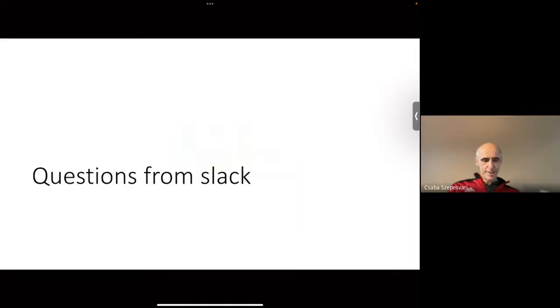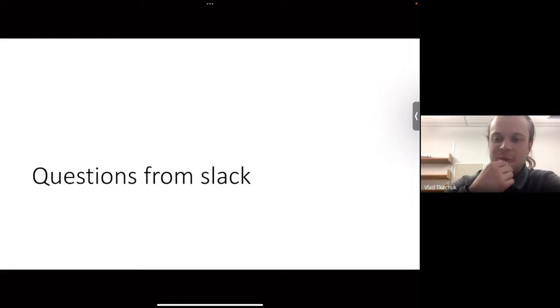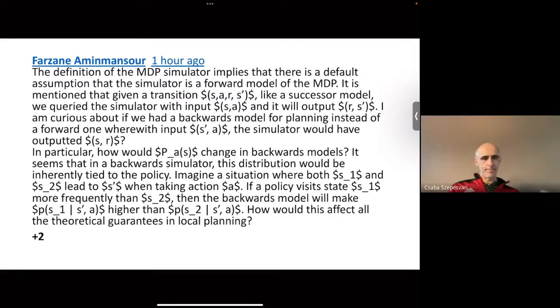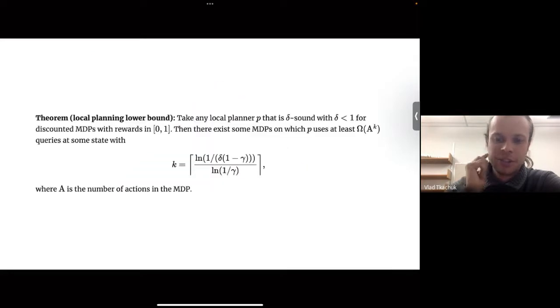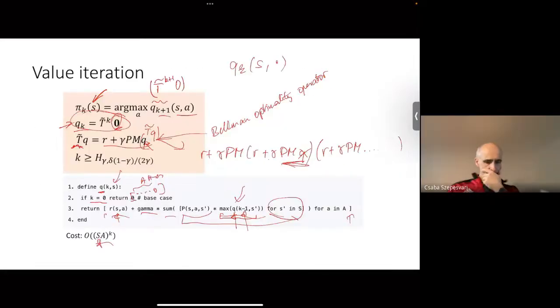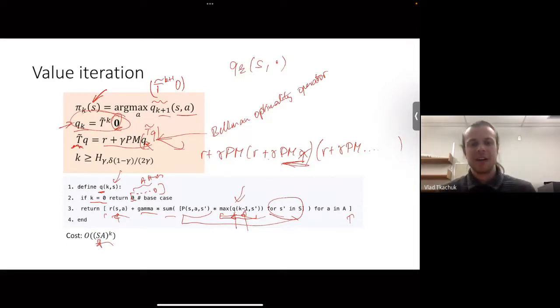So questions from Slack. Farzaneh? I wanted to, just before maybe we go to the questions, say something. Like in the first algorithm we had, which was like 3 pages, with the loop over the states. Mm-hmm. Yeah, so I remember just originally being confused of the order that things were introduced.